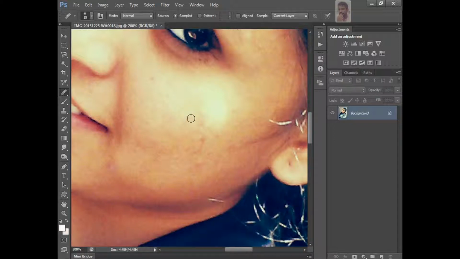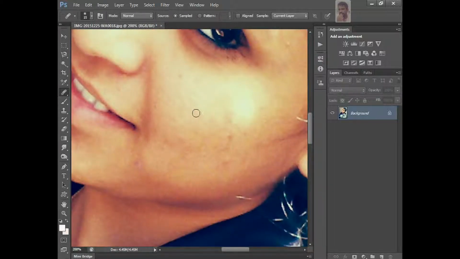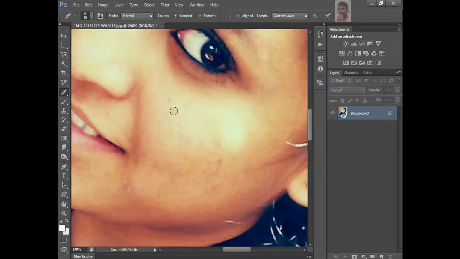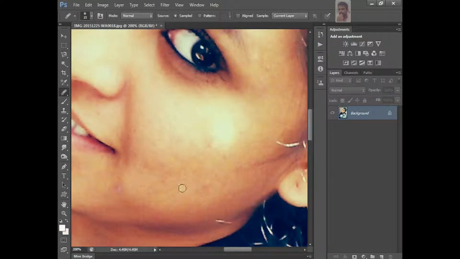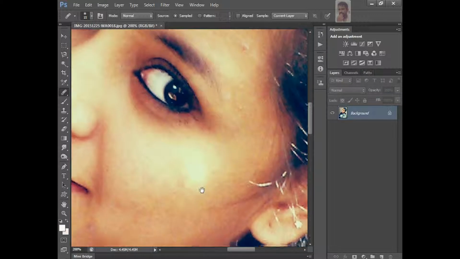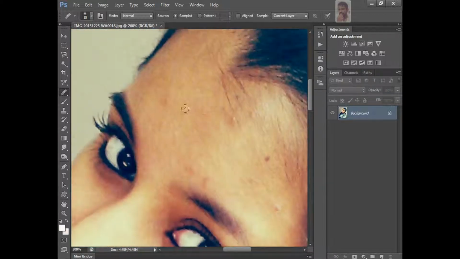Do the same thing here. Whatever area you want to sample from, for example, when you've had an accident and there are very big patches, it works the same way. Take the original nearby skin and drag it, and it will go. You can do all these things wherever the skin is, just from the nearby skin.